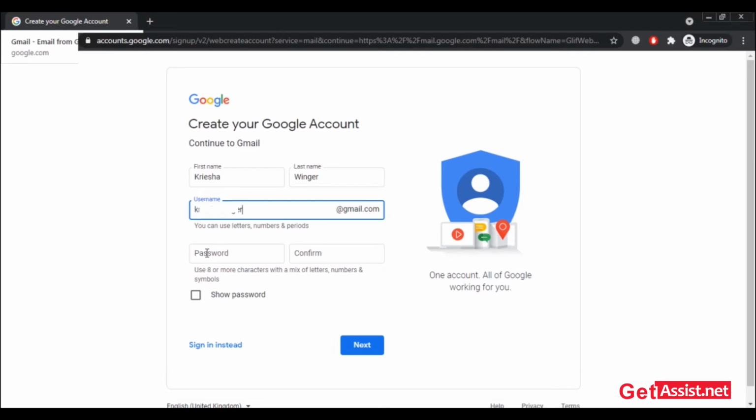And then you have to create a password, but make sure to create a unique and different password, and you can also store it or you can also note it down somewhere to keep it secure, alright? You can just simply copy the password and then paste it here to confirm. Okay, it's not working, so I will manually type the password and then simply click on next.